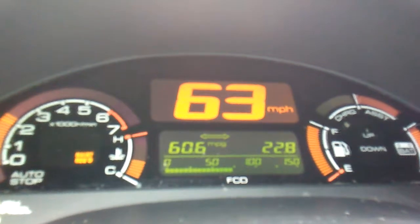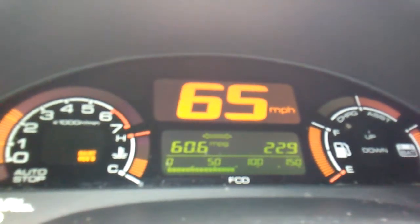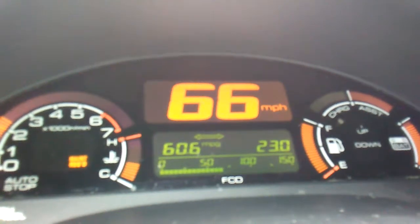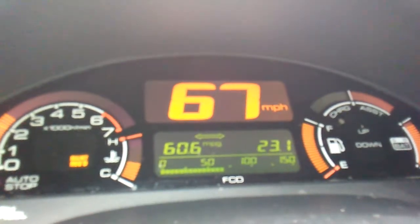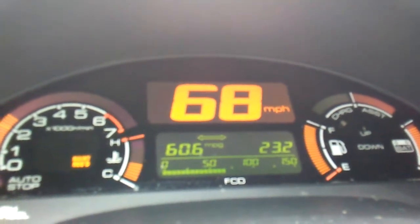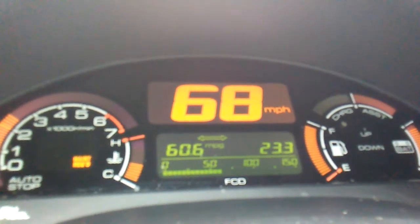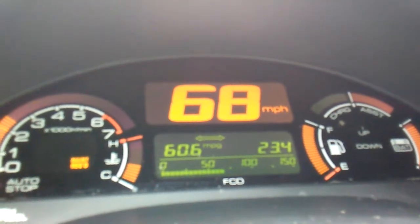Now it's my goal here to speed up a little bit, maybe surpass the speed limit and maybe break the law a little bit. But the reason I want to do that is I'm anticipating a hill coming up. And right now, it's still downhill and I'm still trying to gain some speed, all at the same time while trying to maintain a better than 50 miles per gallon range. It's difficult to do,